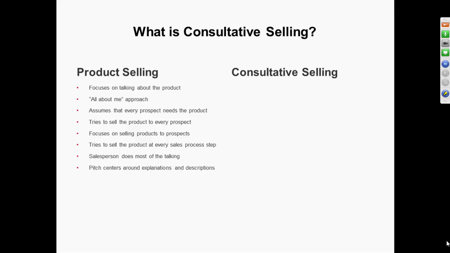So this is what happens when the salesperson is doing all the talking. They're explaining what the product does, and they think that the more they describe what they have to sell, the more interested you'll be. The more they talk about the features and how it works, the more they're going to sell. Whether you agree with that or not, that's clearly product selling. They talk about the product in order to make the prospect interested.